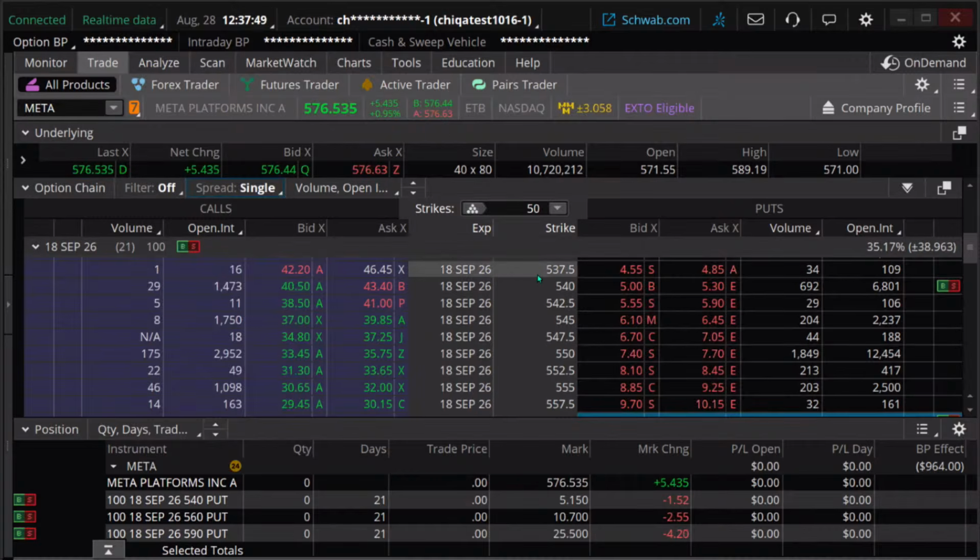And yeah, so anyway, I want to show you one more trade. And this actually is a trade that I didn't come up with. This is a trade I saw another trader do. And again, none of these trades are recommendations. These are all just examples. But I thought it was a good example of a skewed butterfly that actually is a little different. I want to show you a little variation on this trade.